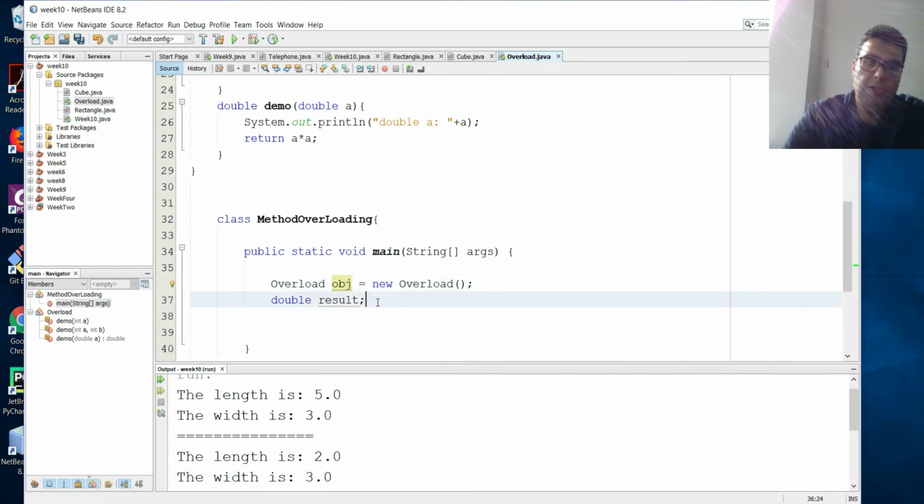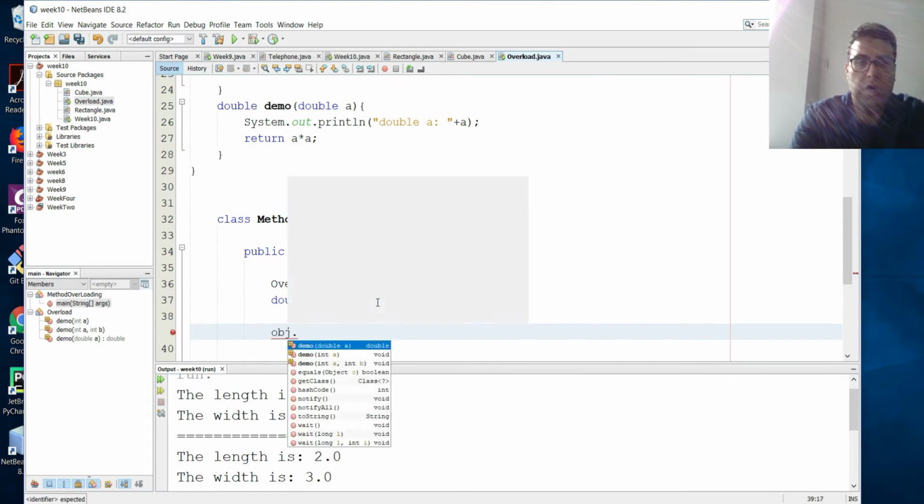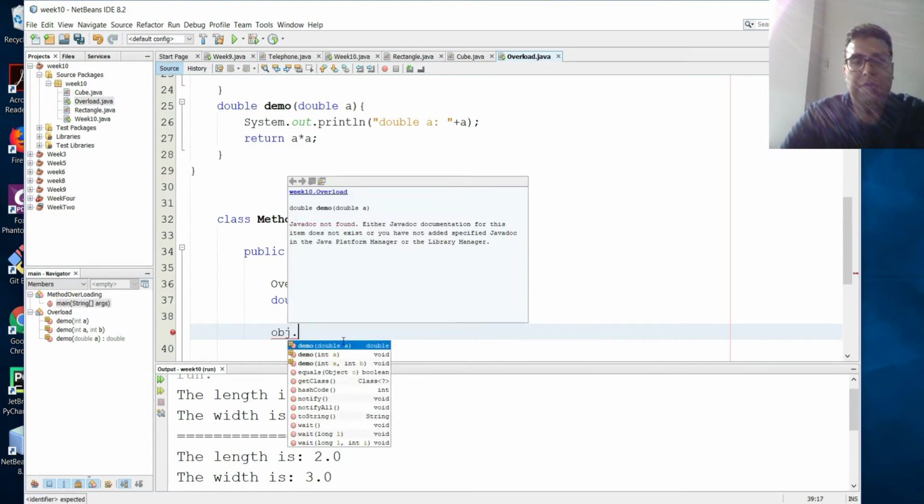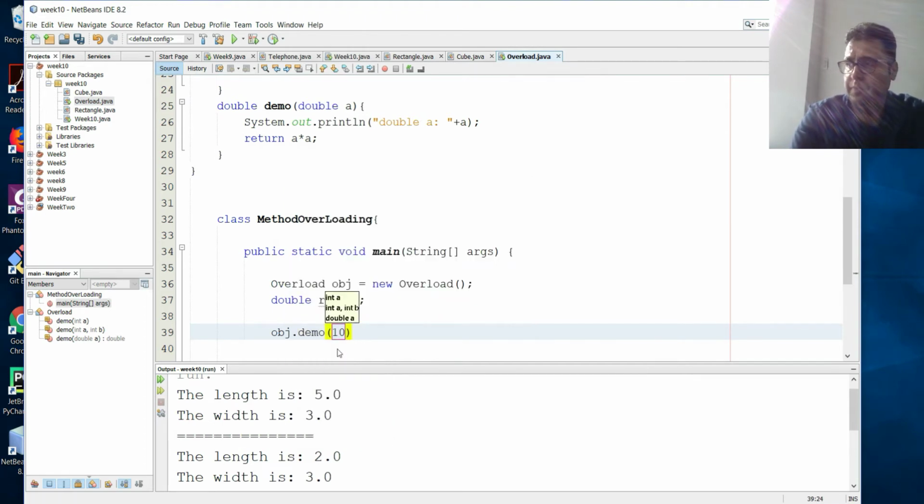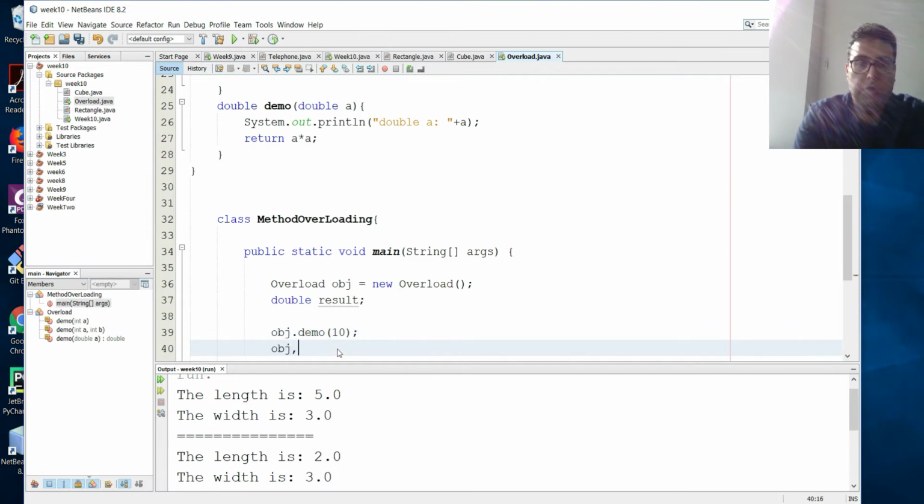It's a dummy object anyway. You just want to use the methods. So we're gonna go object dot, and you see you have all those available for you. So you can use, let's say, just type demo 10, and then we're gonna have object dot demo 10 and 20, and